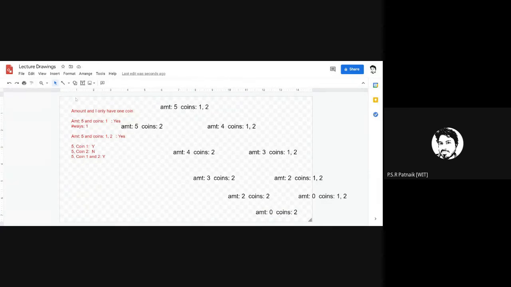If you look at this 0, it is using one coin, one coin, one coin, not using one coin. Here this means you are not using one coin, and then you are directly using the 2 coin. So this is not using the 2 coin.